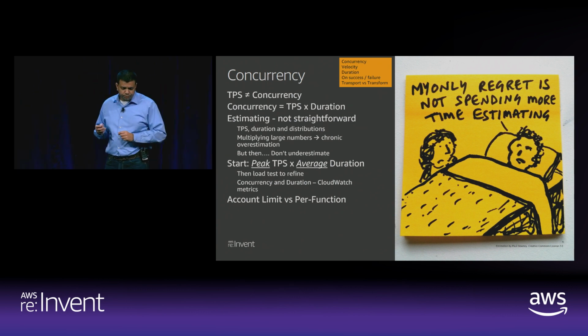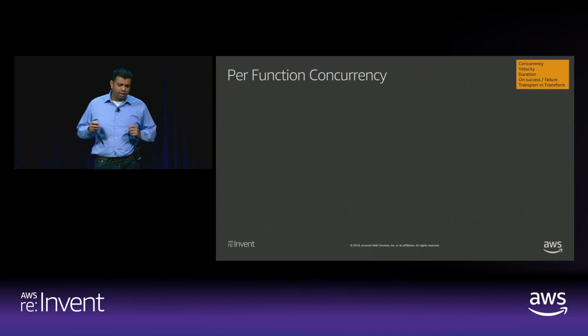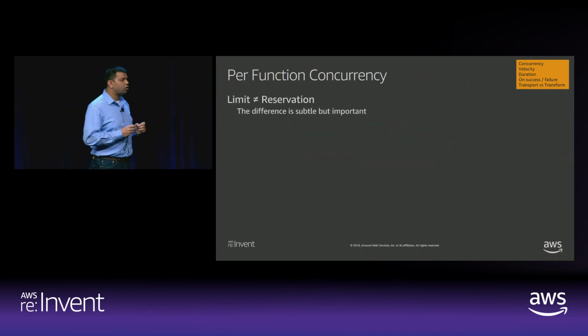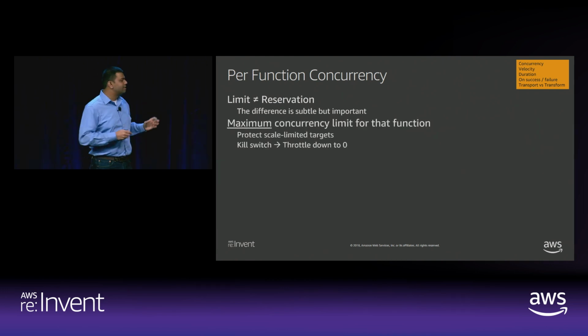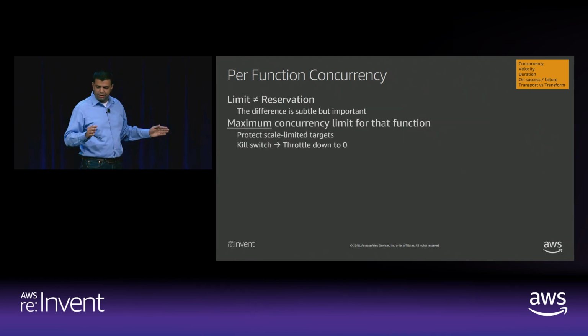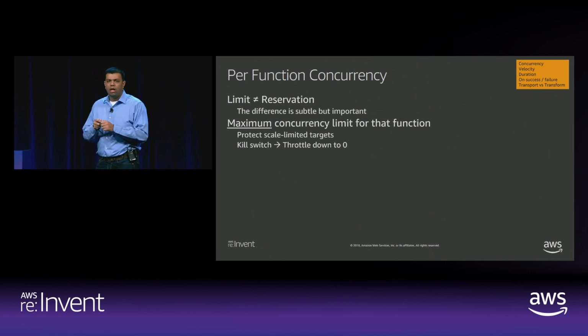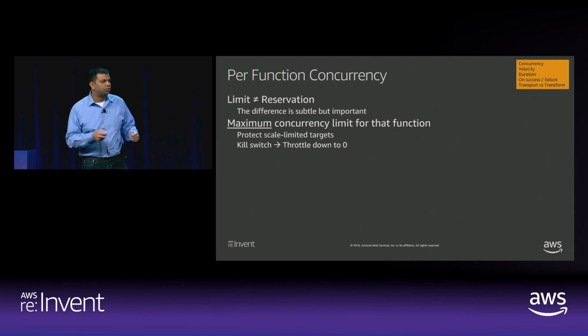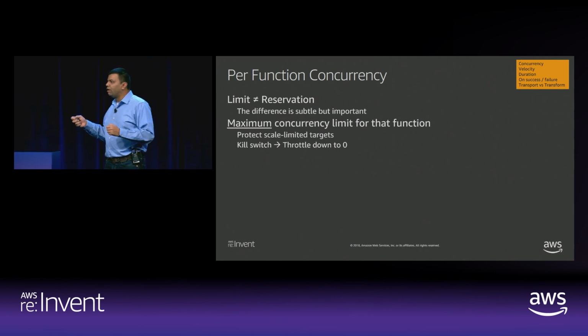concurrency limit is. So per function concurrency, it's a limit. It's not a reservation. This is something, again, lots of folks get wrong. It's a subtle difference, but a very important difference because it really is not reserving anything for you. What it is, is the maximum concurrency to which a function is allowed to scale. So the real intent of this feature is that we want to be able to control how much a function